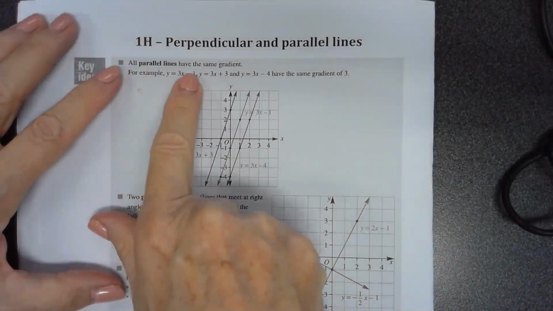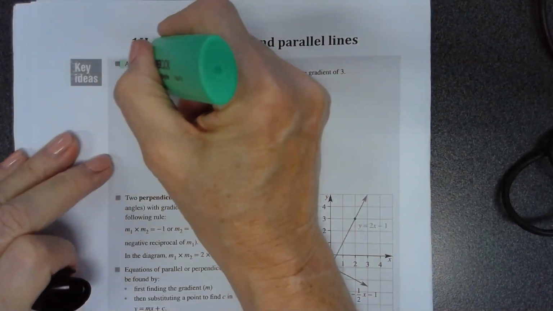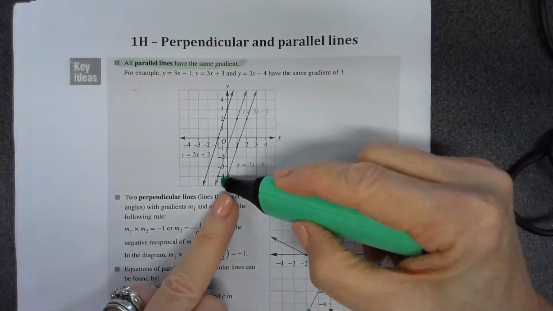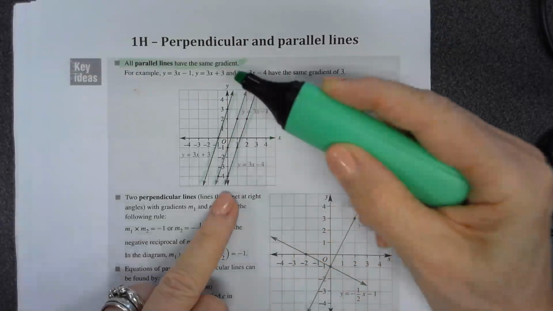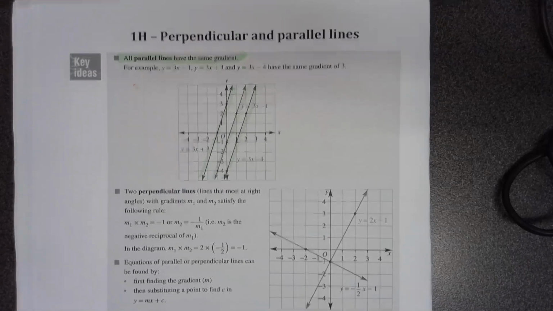So parallel lines have the same gradient. Definitely highlighting that. We saw that on the warm-up from yesterday. And then I can see it right here that every one of these lines has a gradient of 3. So they're never touching, those parallel lines. All right, and then I have here